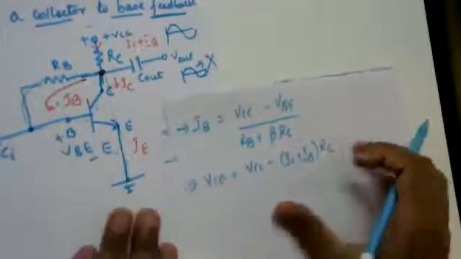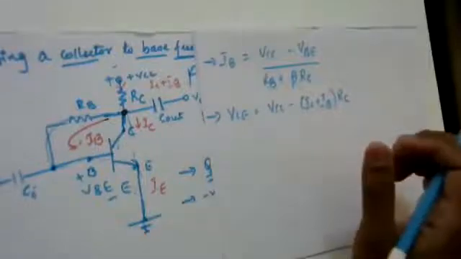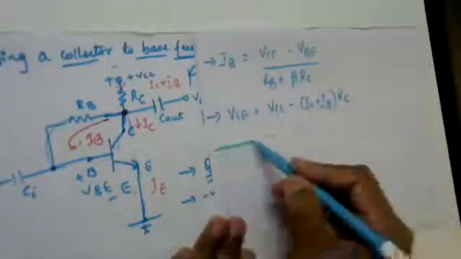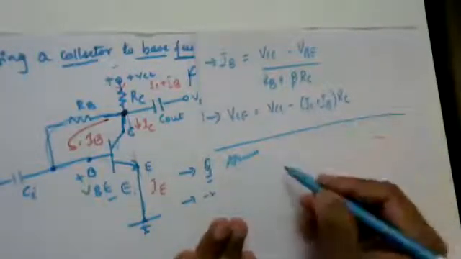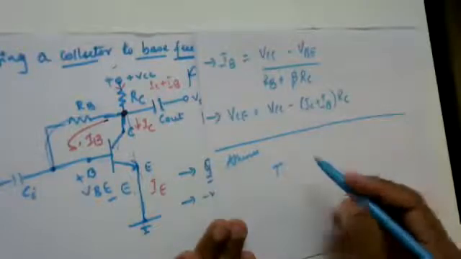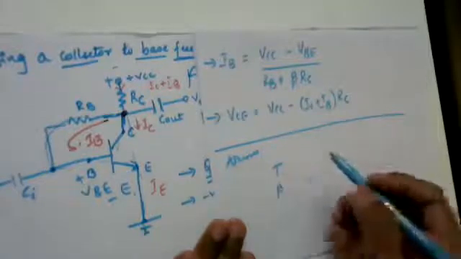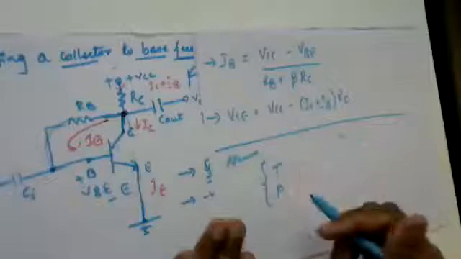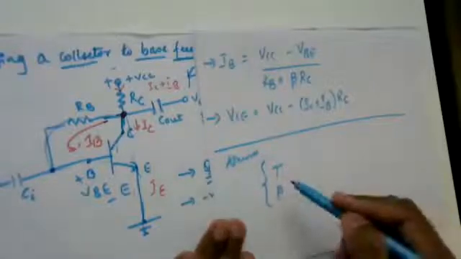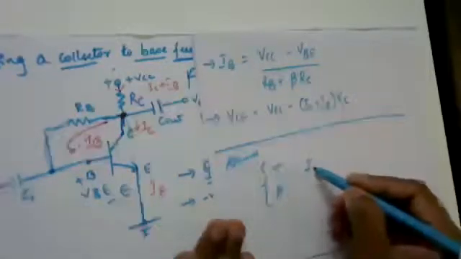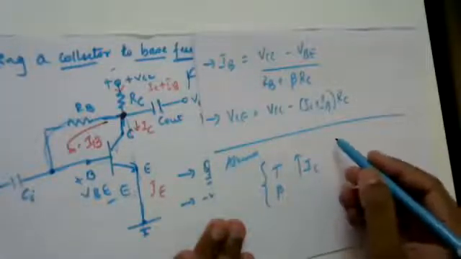So now, in order to understand the operation of this particular circuit, I am going to assume that because of some variations in the temperature or in the beta value, out of the two any one condition is possible, my collector current is going to rise, my IC is going to increase.